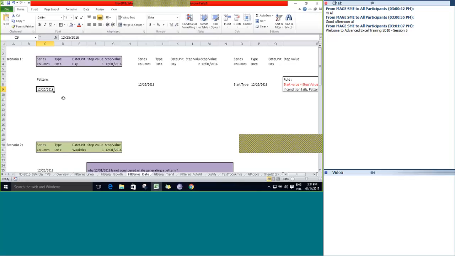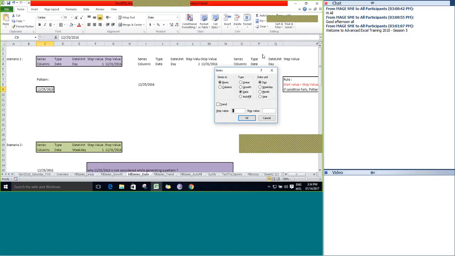Select the first date, go to fill and click on series, and then let's go with series in columns, type date, and date unit as day. Let's go with the step value as 1 as per the scenario.